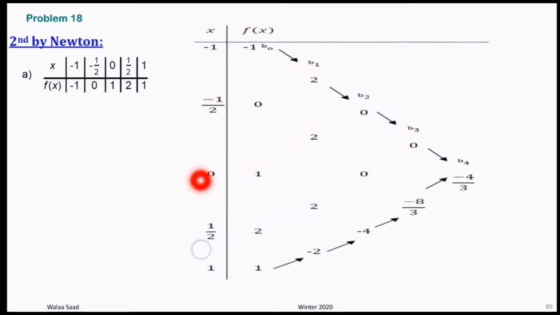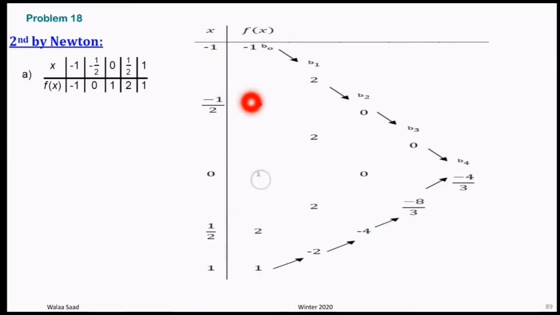So whatever the denominator is, which is 0 minus negative 1, so 0 over 1, it's 0. And here it's 2 minus 2, again 0, with the denominator half minus negative half. The negative 4 here is constructed from negative 2 minus 2, which is negative 4, over 1 minus 0, the last x, which I can't reach by the cursor, this one at the end, minus the 0, and this will construct the negative 4, and then going further with negative 4 minus 0 over 1 minus 0, skipping this half, will construct the negative 8 over 3,